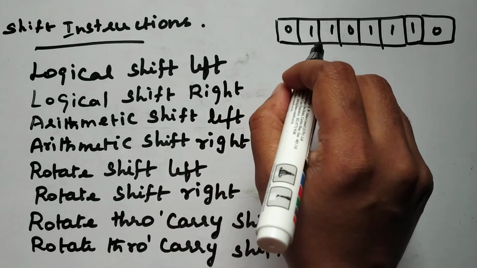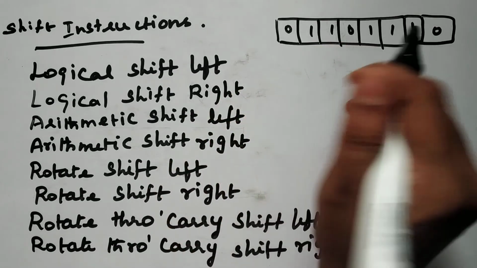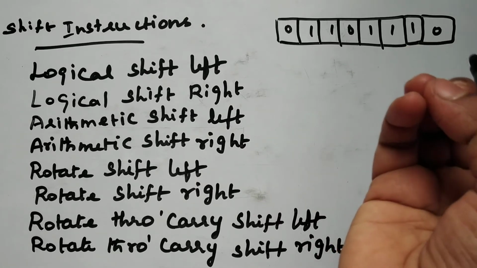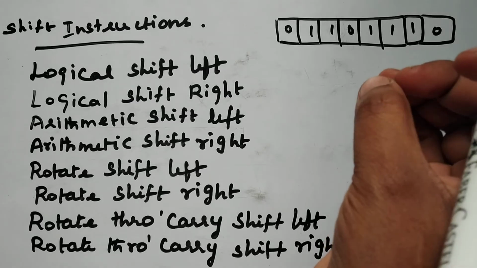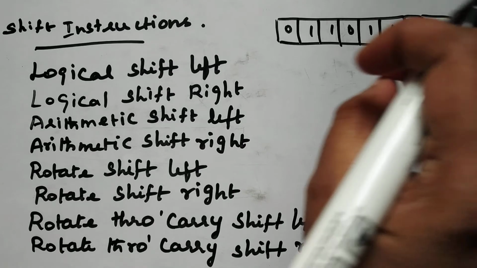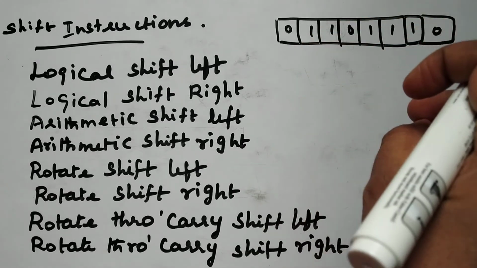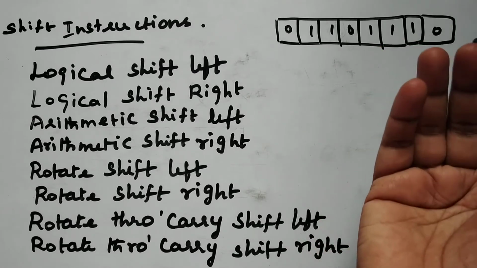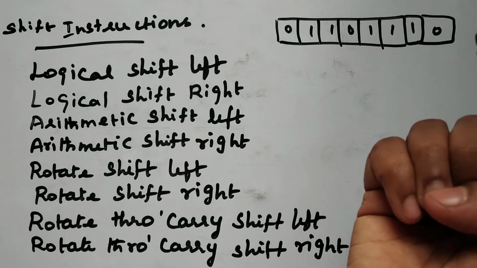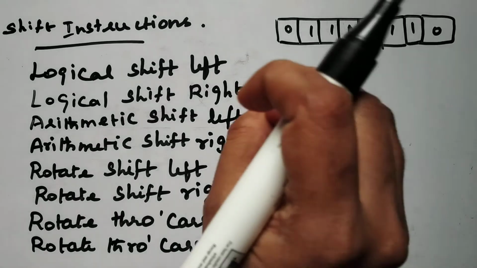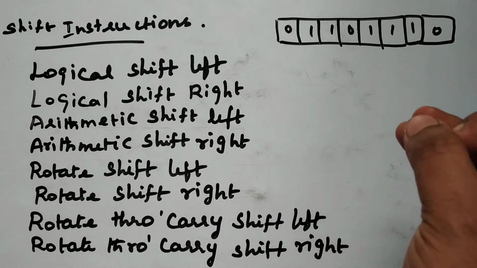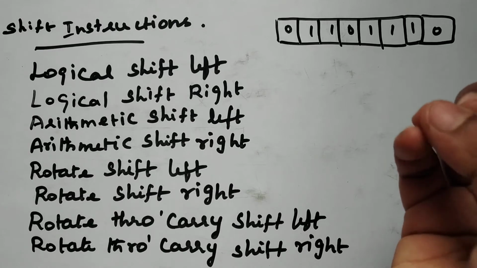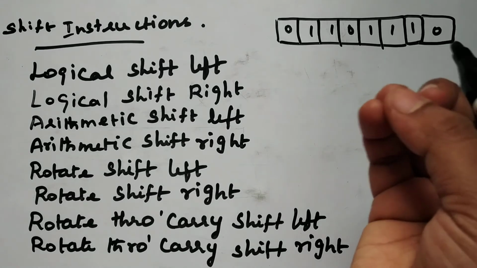Now if you want to perform logical shift left on this given input, usually if you want to perform a shift operation on any operand, that operand will be stored in a register. In fact, if it is stored in memory, then we need to bring that particular data from memory to a register. Afterwards we can perform the shift operation. So obviously we are fetching the operand only from the register. I'll tell you later why the usual fetching operation is only from the register.